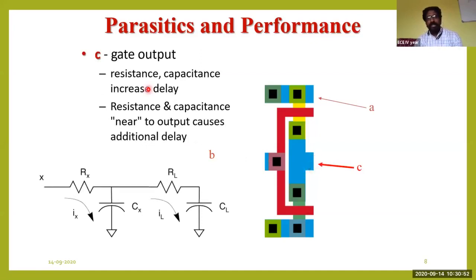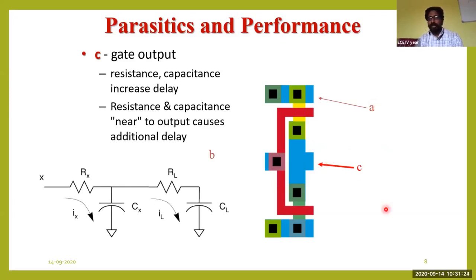The resistance and capacitance will increase the delay, and this is a major and most important point, where you should have minimum resistance and minimum capacitance. Since CMOS has a lower capability to drive large capacitive loads, the technology has switched to BiCMOS, where you use a BJT in order to drive the large capacitive loads, wherever you require large capacitances in the design. In those cases, we'll be using BiCMOS over here.